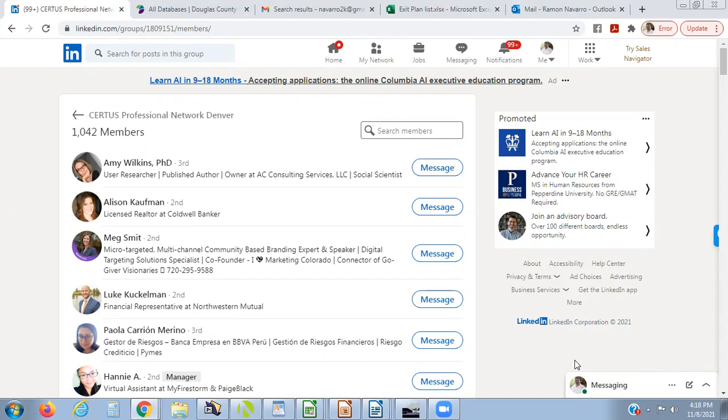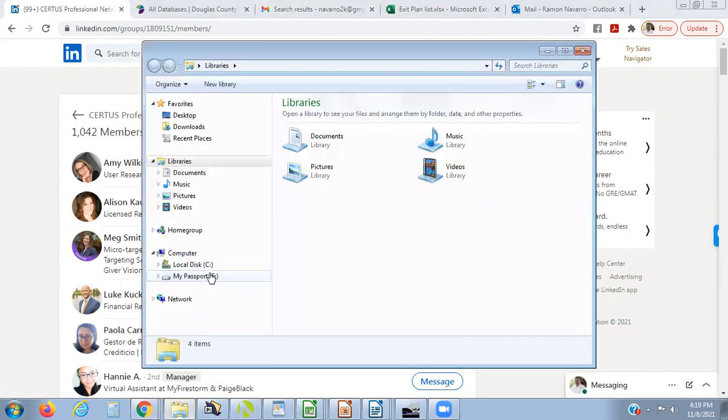So if you're able to print up a list, and then if you want to create a spreadsheet or put them into your CRM and just keep track of what you're doing that way, you could. Unfortunately, right now, there's not a way for me to download a list of these people. Maybe if I were to get on Sales Navigator, maybe I can download the member list. But as of now, there's not that option available. So I do print it up, and then what that looks like